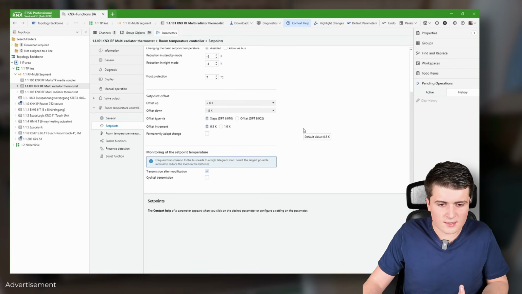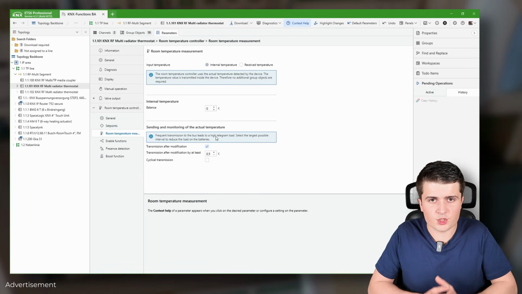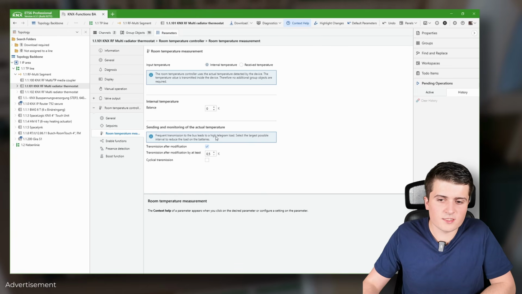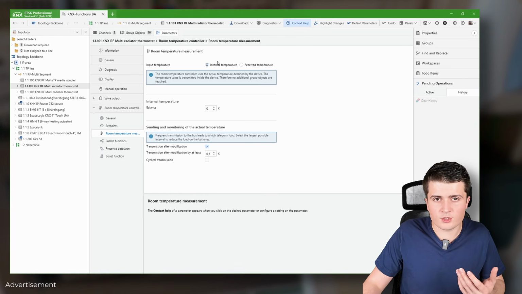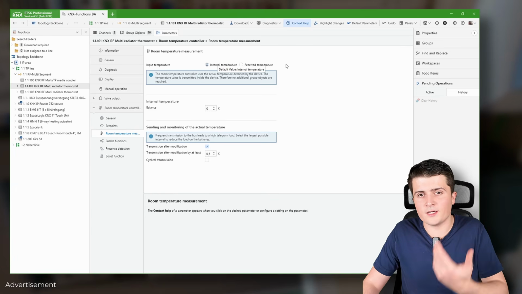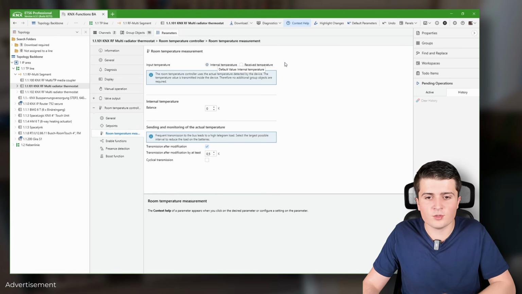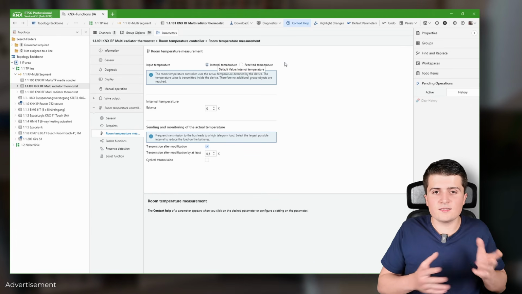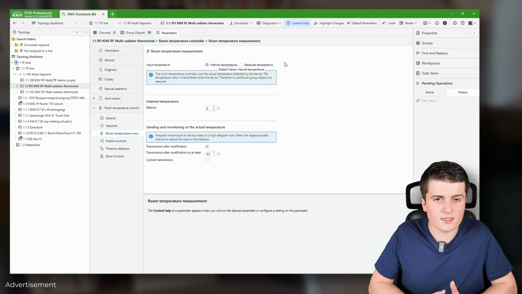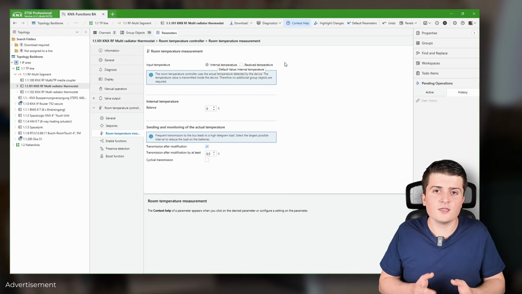Then we not only need a set point, but also the current temperature to calculate the position. And so therefore here you can specify, do you want to use the internal temperature sensor of the thermostat or an external one received via a group object. Now in my case here I will stick to the internal temperature sensor, but I would definitely consider using an